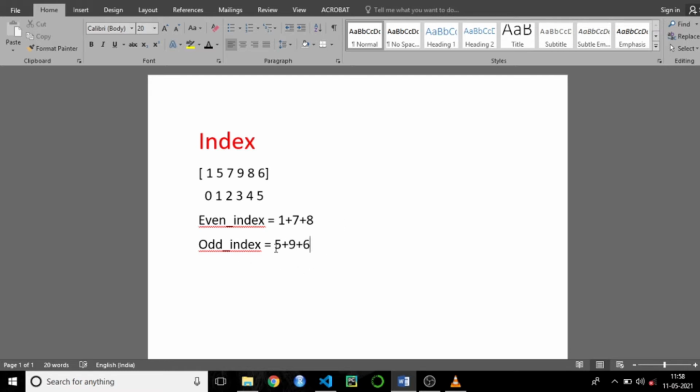What I need to do is sum these two numbers, these two variables. So the sum of the even indexes is 16, and the odd is 20. So totally I need the total sum, that is 36. The total sum is 36. This is what I need as an output, the sum of the even index and odd index.